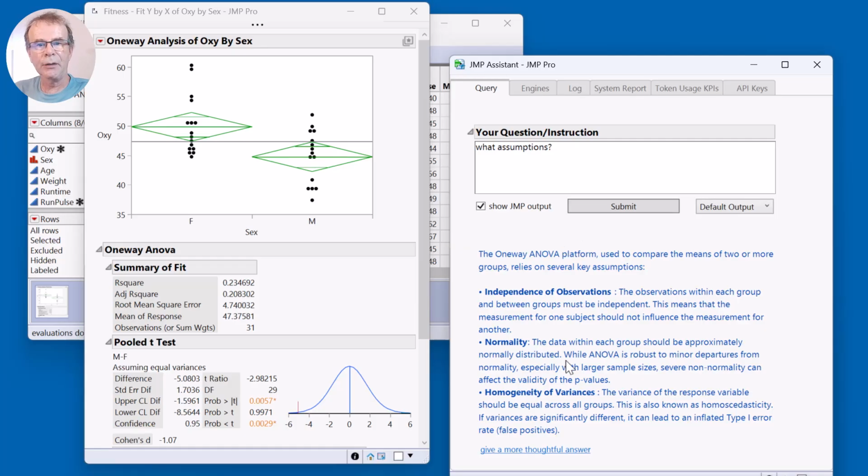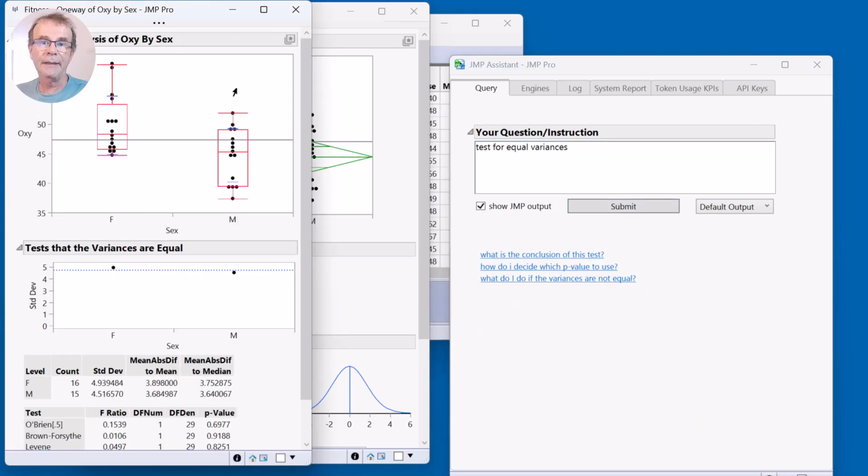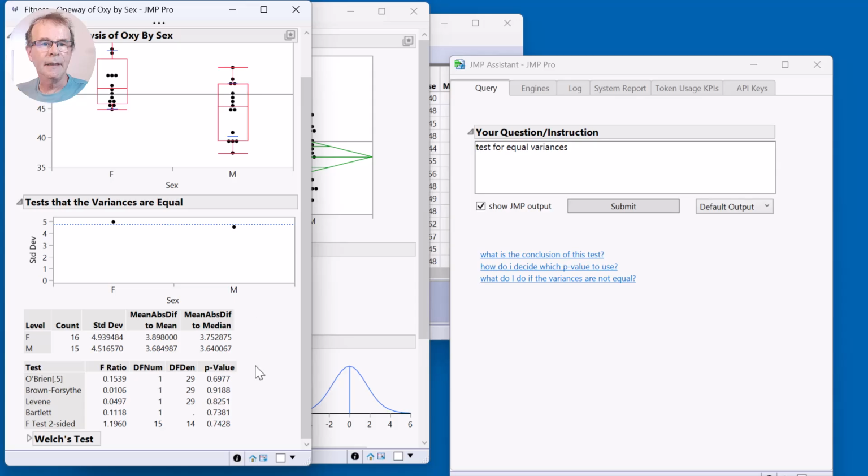Finally, we've got execution. So let's take a look at this third test here, homogeneity of variance. So let's test for homogeneity. I'm not going to try and do that. Test for equal variances. There we go. And hopefully it will run a test. It's done the test. And this is an interesting example. So a lot of what I'm showing you, I think, is